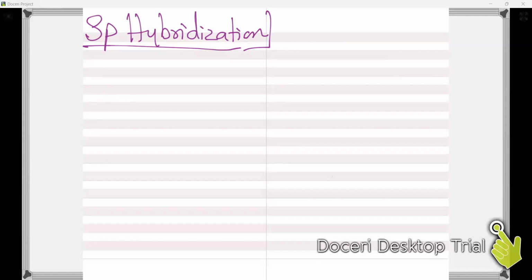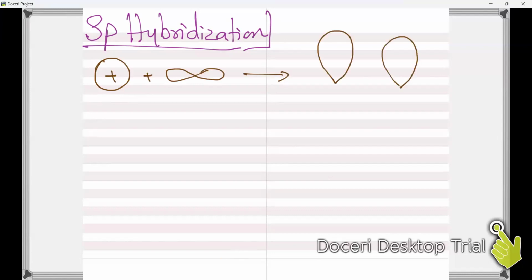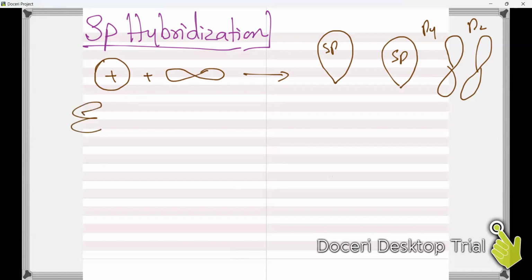The examples I saw that are right, and what were the examples? The examples are: sp hybridization means one s orbital and only one px will be combined, and in return what are we getting? In return we are getting 2sp hybridized orbitals. Not only 2sp hybridized orbitals, we will also have two unhybridized orbitals. Which are the unhybridized orbitals? py and pz. If we have to discuss the example of this, then the example would be